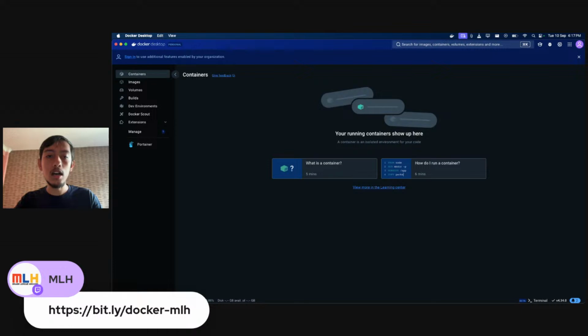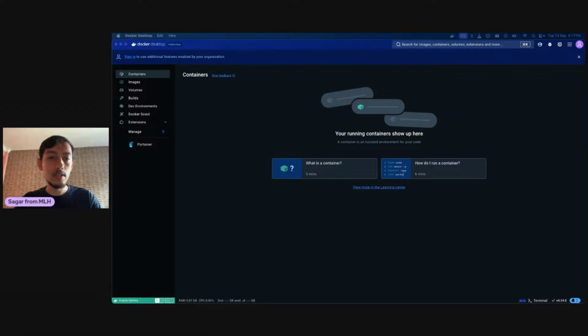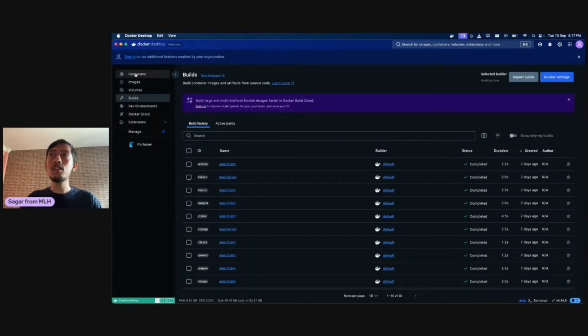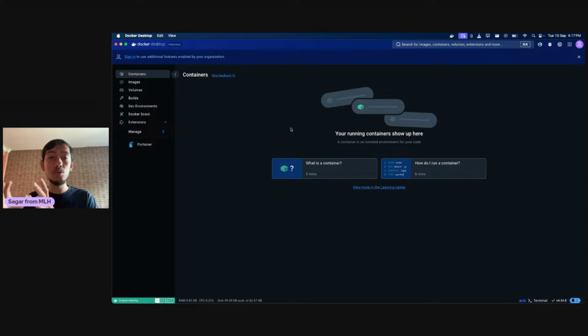And you can see, just let me hide my, okay. So you can see that the engine is up and running, right? So the engine is already up and running. So this means that Docker is already running. You can see if you have any running containers on this panel. If you want to see all the images that you have, so the applications that are already built, then you can use the Images tab, and Volumes, Builds and everything. But rather than the GUI or the user interface, we are going to mostly use the command line interface,